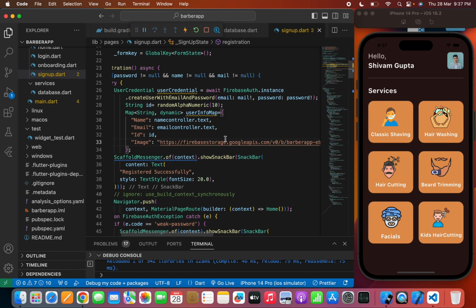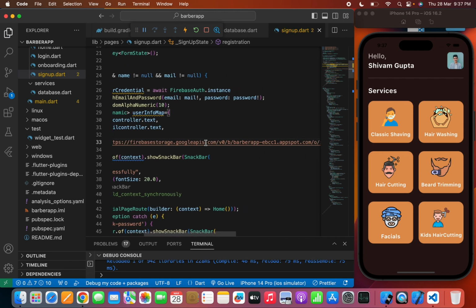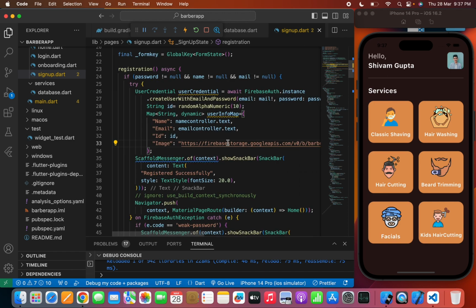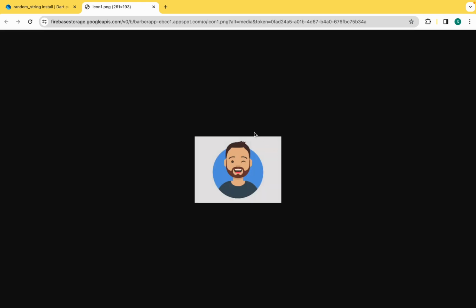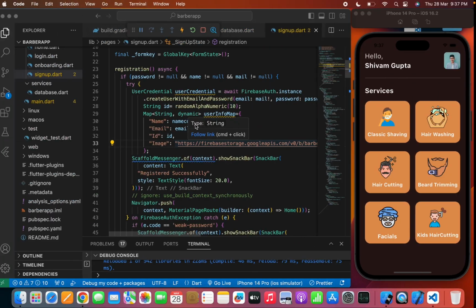So as you can see that I have added the link of the image. This is a random image. So if you want, you can see this, the random image we are going to upload. Now